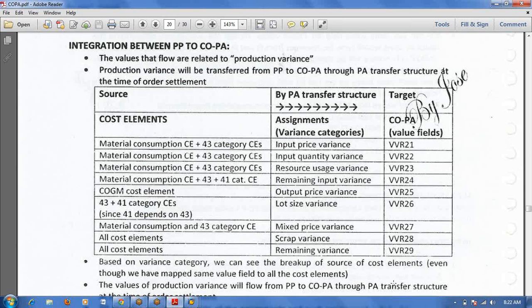Suppose they posted revenue amount in the FI module, 10,000 rupees. I will give one example. At the time of billing, there is an account determination level error, but the value is updated in COPA through condition types.